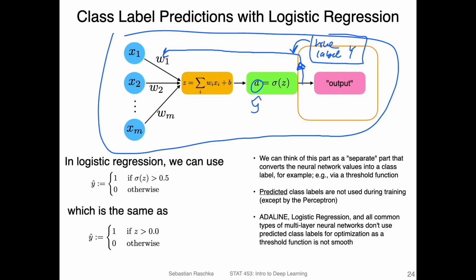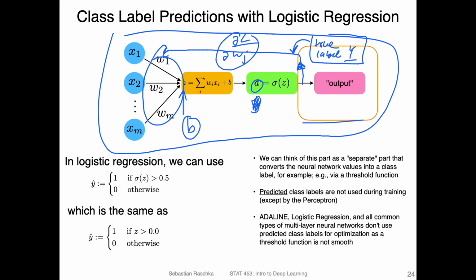It's actually a probability, so it's maybe more clear to call it A. So we have our A and our true y, and from that we compute the negative log likelihood, and compute the gradients, or the partial derivative of the loss with respect to each weight, and also the bias. Here I'm not showing the bias, but technically there should also be a bias unit. Then we update the weights and the bias units with that. And this right part here comes after training. This is just for the prediction.